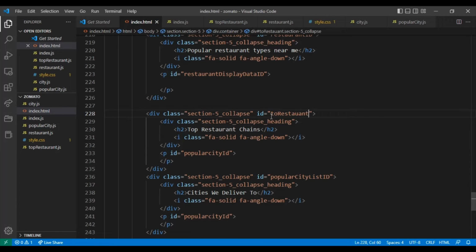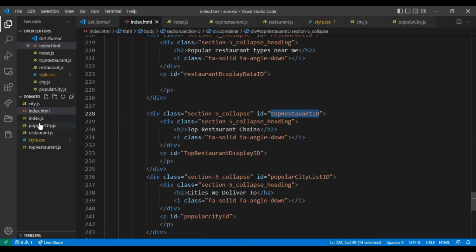Top restaurant id, and here I want to give the display id, top restaurant display id. I think here I missed a p. Just copy this id name